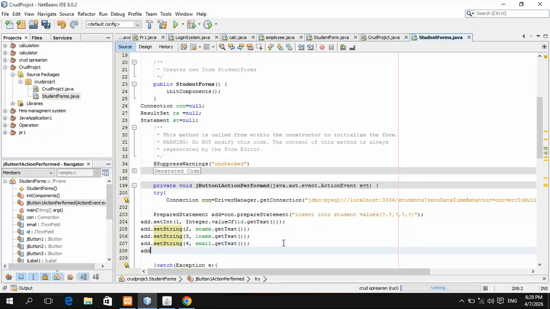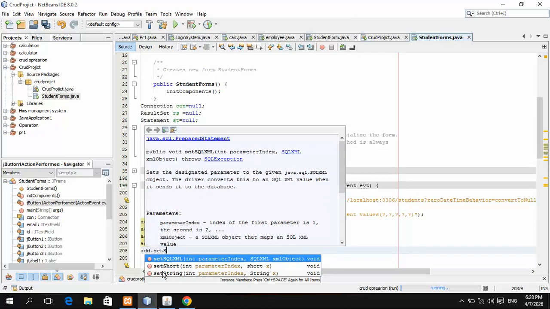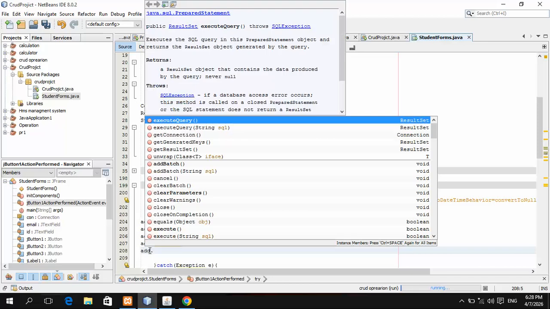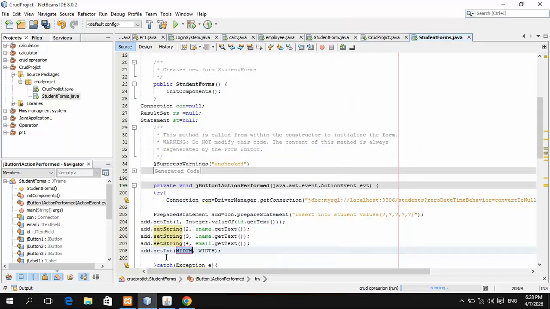For example, r dot setString. Here we will type integer, r dot setInt. In here we will write 5.